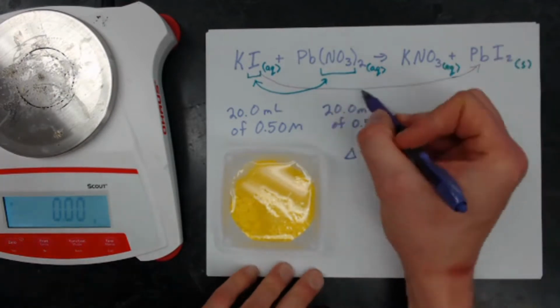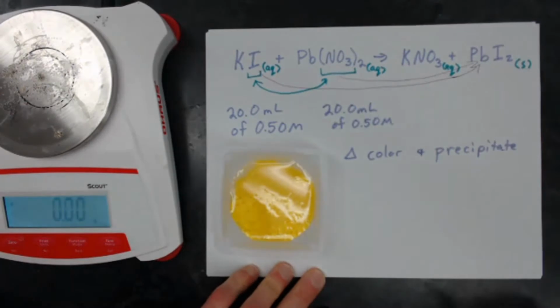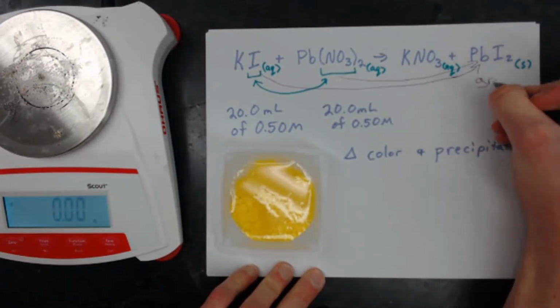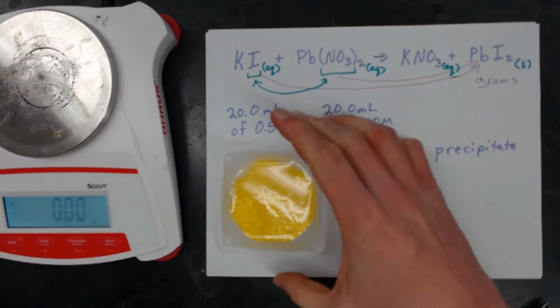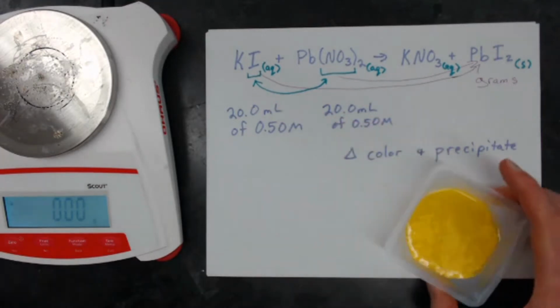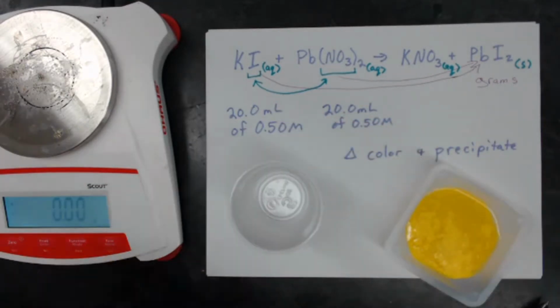Sorry about that. We're trying to do stoichiometry to see how much precipitate we've got. How many grams of lead 2 iodide did we make? All right, so how am I going to separate this out? Well, what I had people do in class, had a little cup